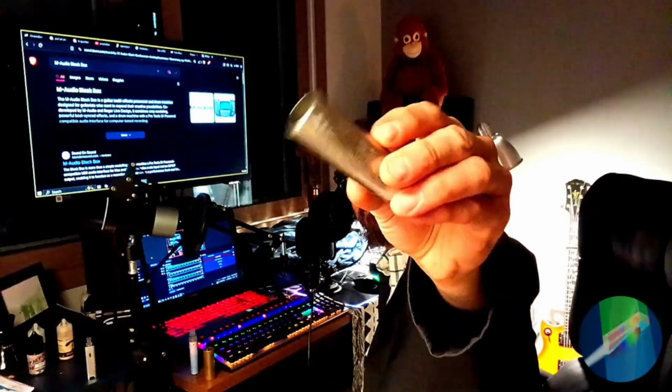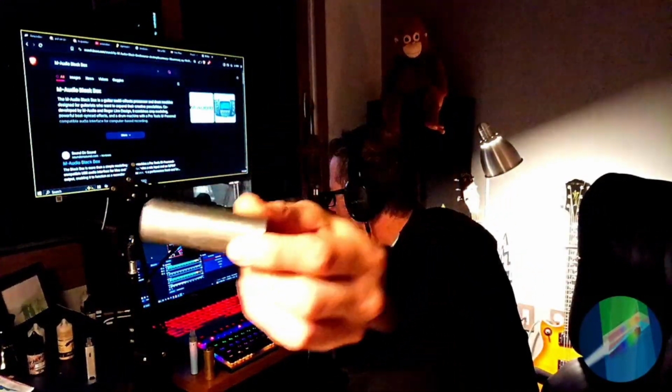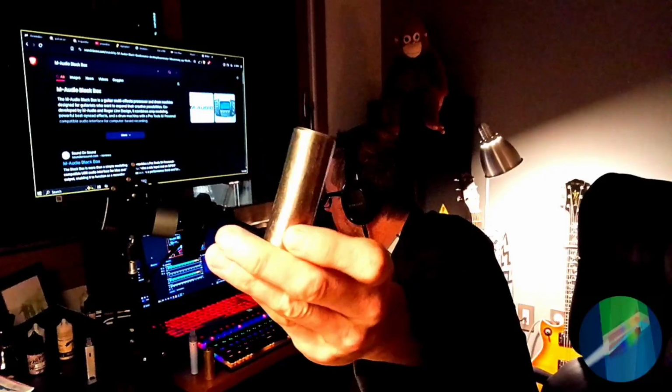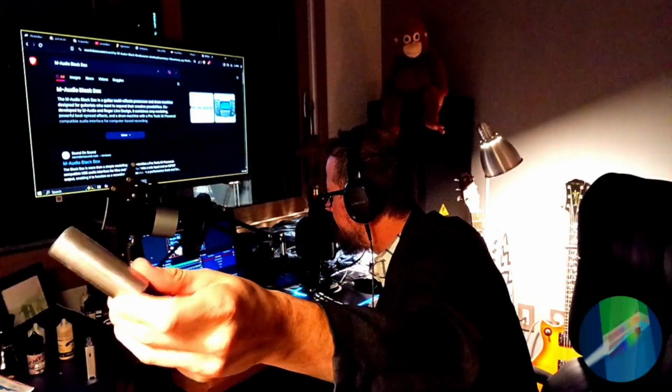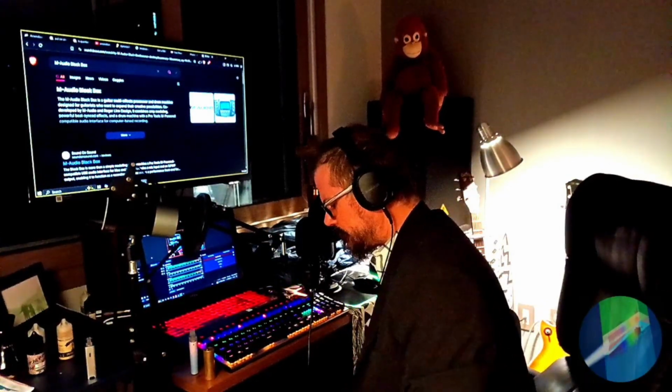Here's one that I made. That's a stainless steel slide that I made in Tallinn, Estonia, while I was helping an artist weld a sculpture, many moons ago.